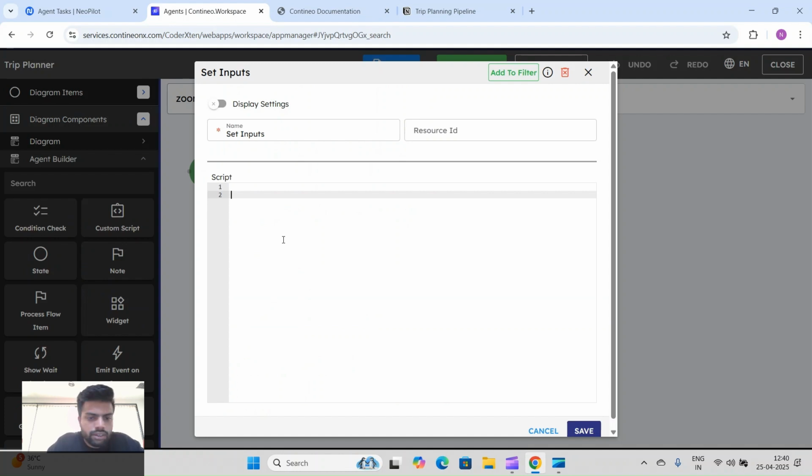So this is just one of the easy ways to set inputs for a pipeline. For that, we will create one result object, where whatever the user requirement we get, we will get it from arguments dot message. Whatever requirement the user gives gets added in this arguments message. Then we will simply return this result object.